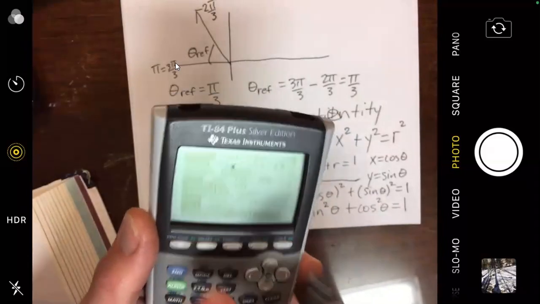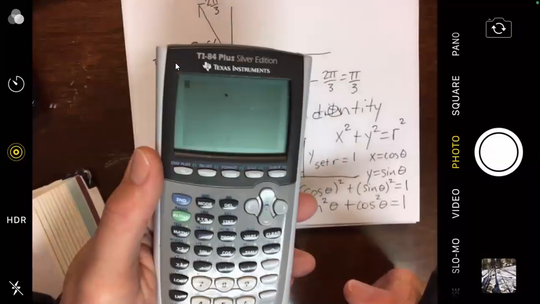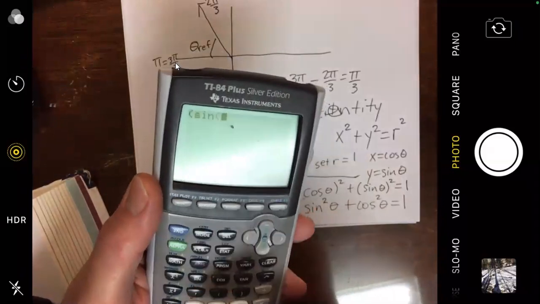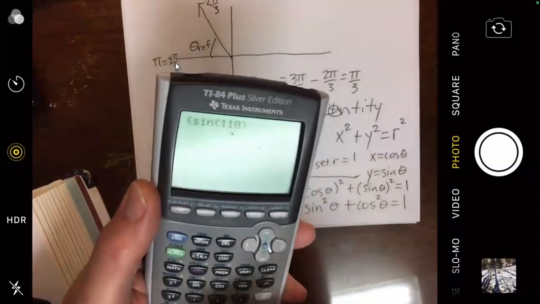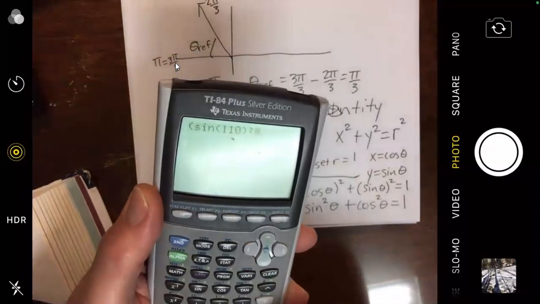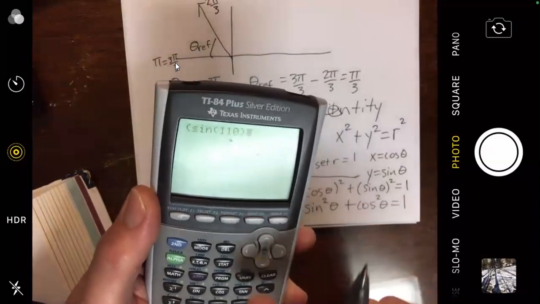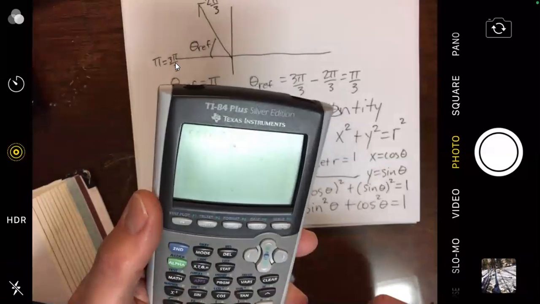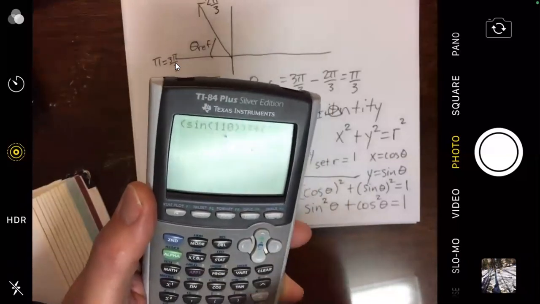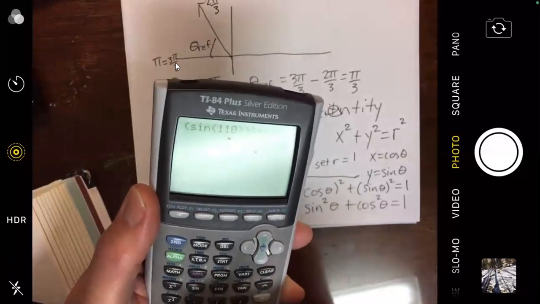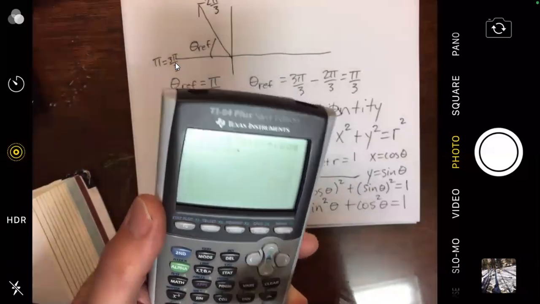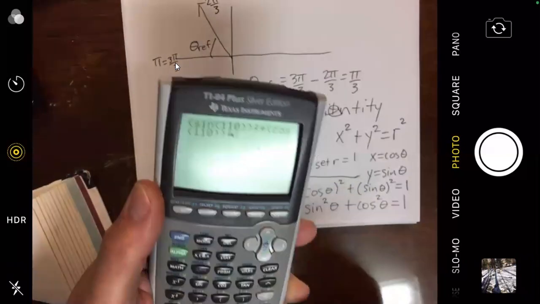I am. Parentheses sine 110 squared. Let's see, I needed a parentheses before I squared it. Okay. Plus parentheses cosine 110 squared, drum roll,